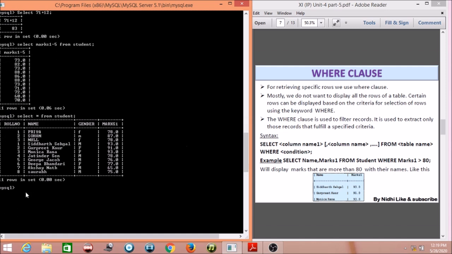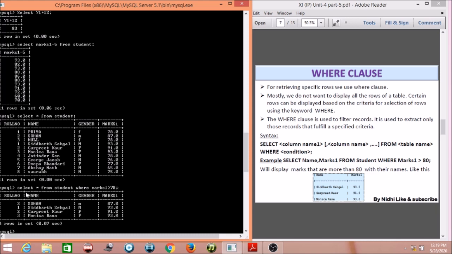So here I am writing a select query. Select star from student where marks1 is greater than 78. So it will give me the result whose marks are more than 78. Is it clear? So the where clause is used for giving some conditions. On the basis of conditions we can fetch the rows.